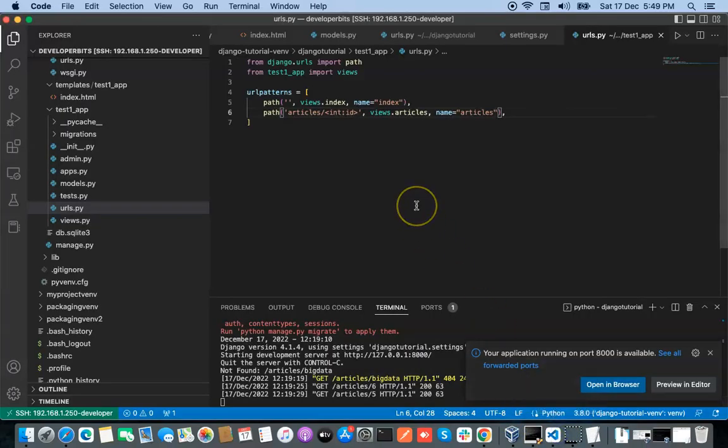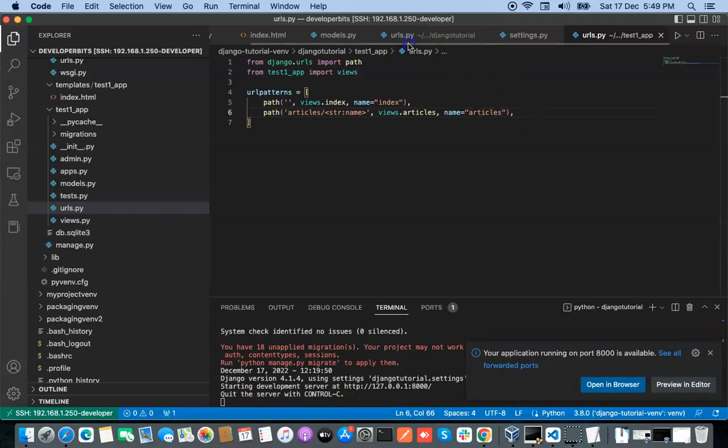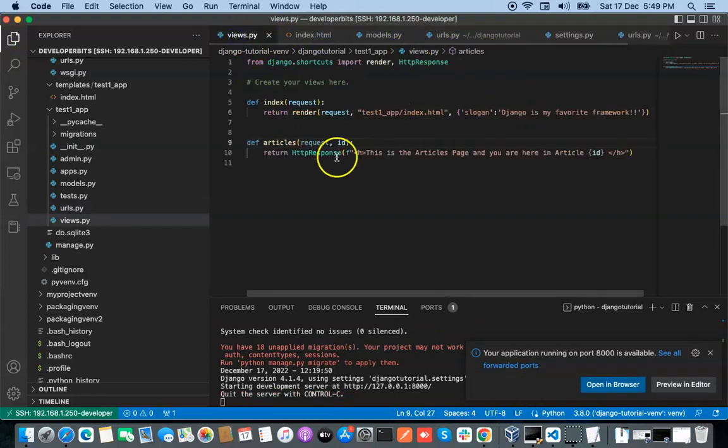Let us change the scenario. Let us start accepting names. Let us type str here, and let us type name here. We will now accept articles based on name. Save the file, and now please go to the view functions and type name here,